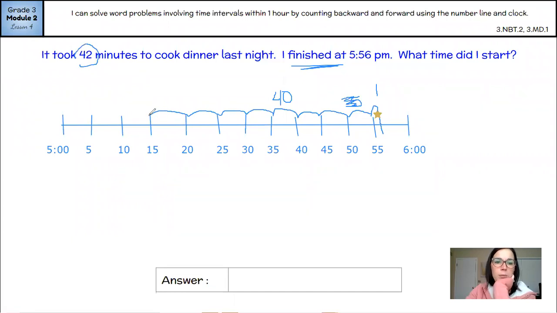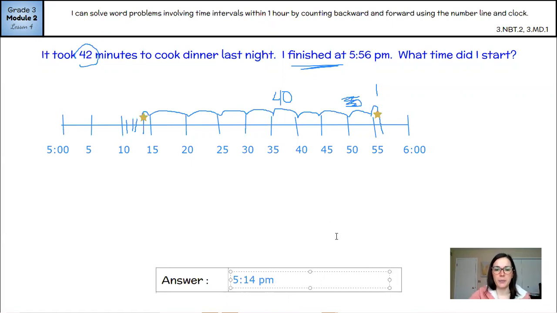So I have to go back one more, which would put me here. So let me draw in my 4 tallies here. So that means that I would end up at 5, 10, 11, 12, 13, 14. I started cooking at 5:14